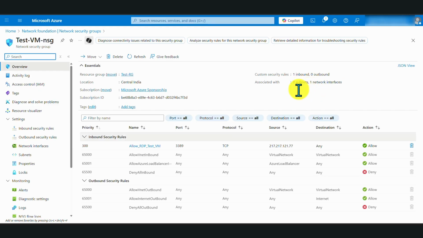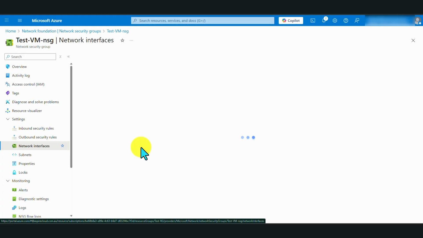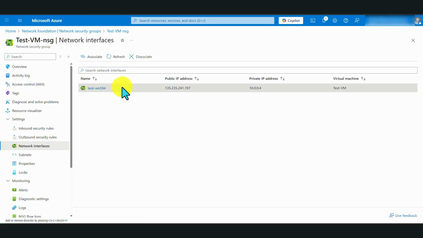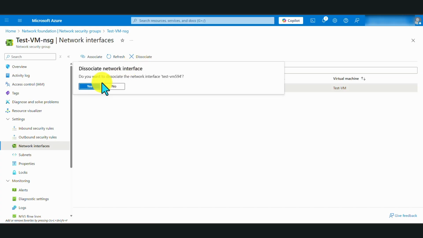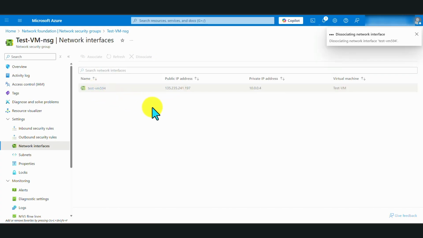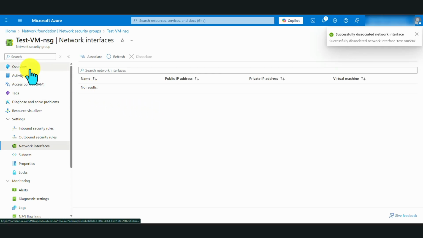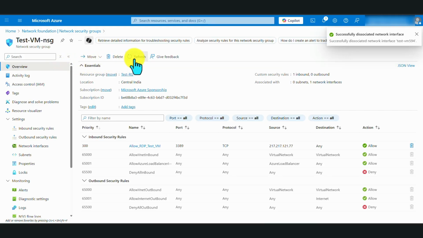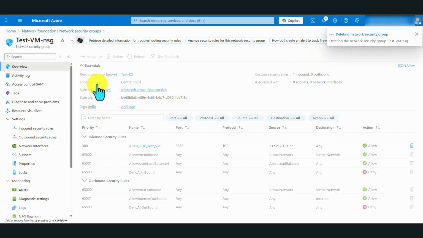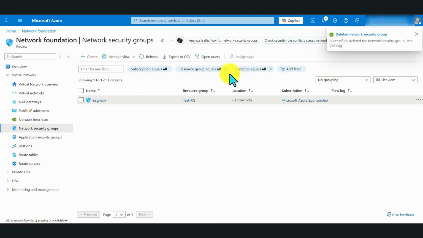Now let's just go to the network interfaces, and I am going to select the network interface of our Azure virtual machine, and I'm going to disassociate this network security group from our virtual machine. And if I go back to the overview now and hit refresh, it should tell you that it is not associated with any resources in Azure. So I can even go ahead and delete this network security group. While it's deleting,